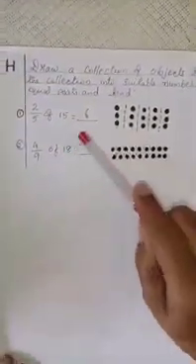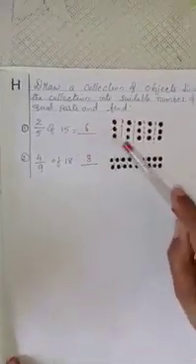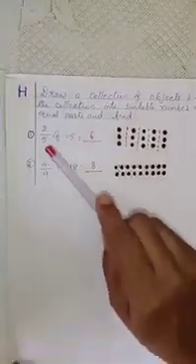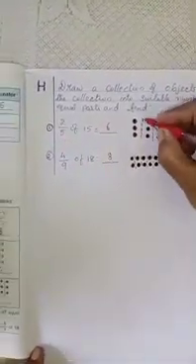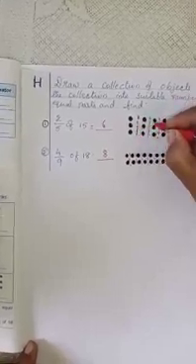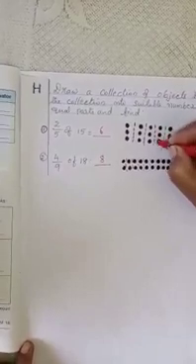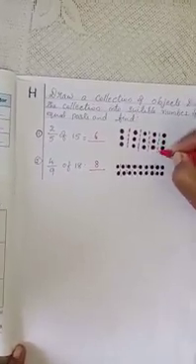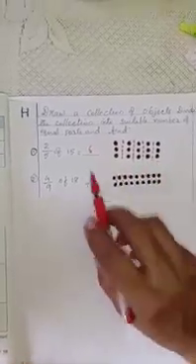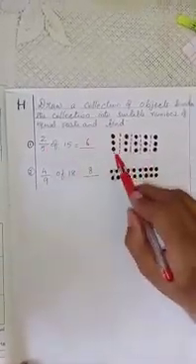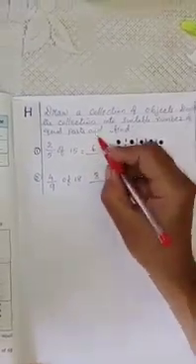You can see 15 objects here. You have to arrange 15 objects. Then you have to divide it into 5 equal parts. So with the dotted lines I am dividing. You can see here. So in each part you can see 3 objects. We want only 2 parts. First part 3, second part also 3. So 3 plus 3, 6 you will write.